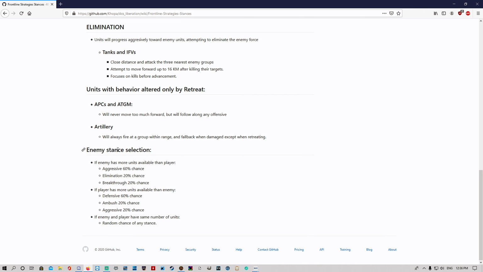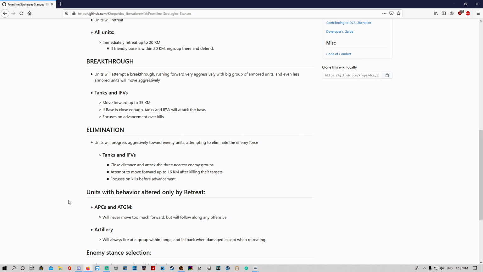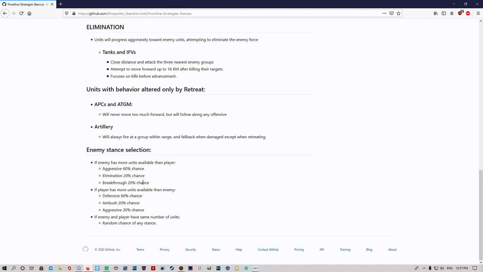Enemy stance selection. So this is for the red force, or the opposing team to you, whichever you are. If the enemy has more units available than the player, there's a 60% chance that they're going to be on aggressive. So they're going to push you. There's a 20% chance of elimination, which means they'll engage. Same rules apply, but it'll be the red side pushing on us. And then breakthrough, 20% chance. So there's your split